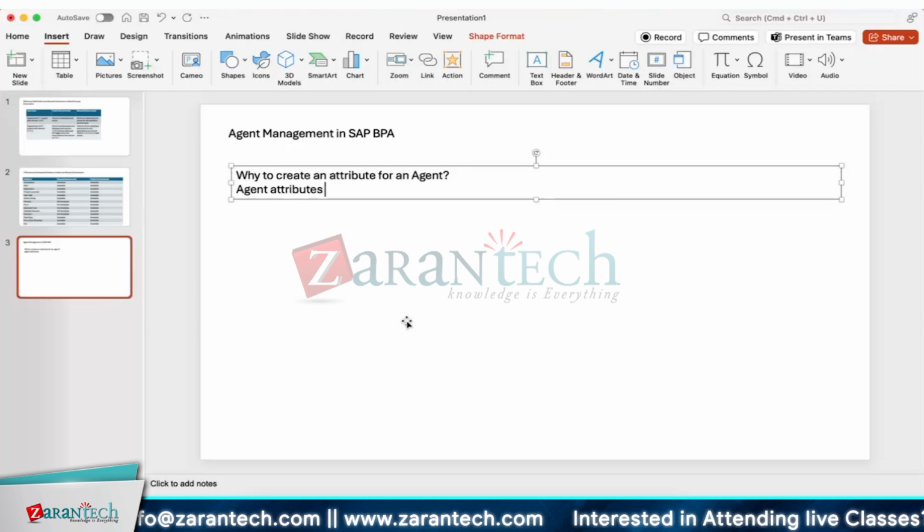Agent attribute allows you to sort agents registered